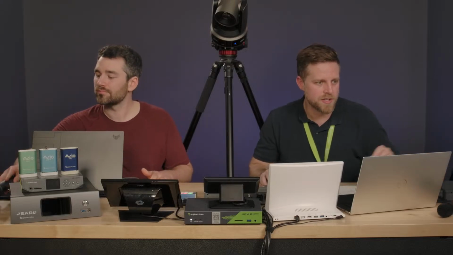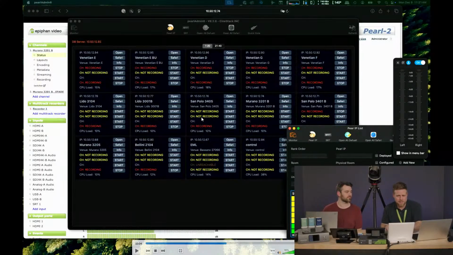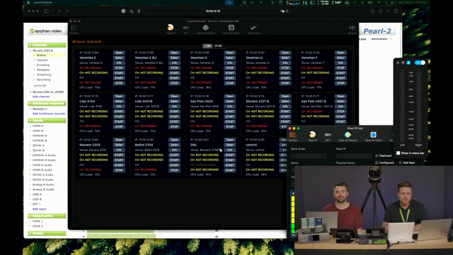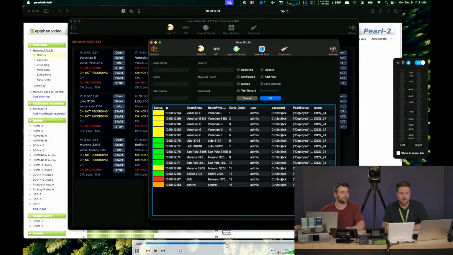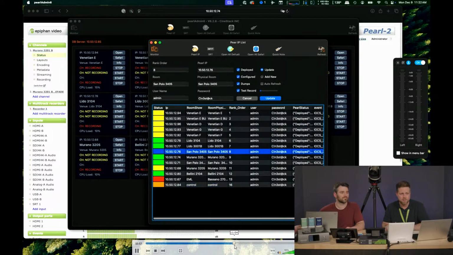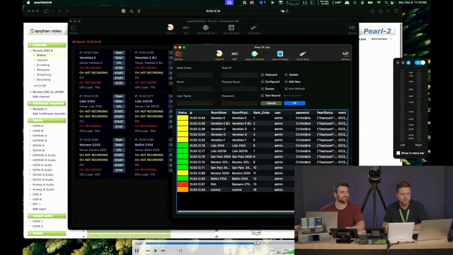I also wanted to show an example of how someone else is leveraging the API. This is Will Hansen, who's a specialist in live events. He built an application using the Pearl API because he does conference room recording, with many breakout rooms. All he did is create a very simple monitoring interface to keep tabs on all of his Pearls and help him with deploying and setting them up when he goes to record a conference. He created a kind of red, yellow, green light to indicate the setup status, and then he can see what's happening on every device at the conference.